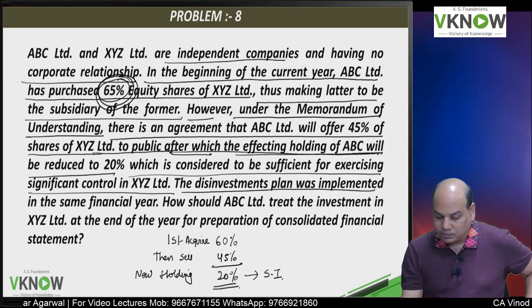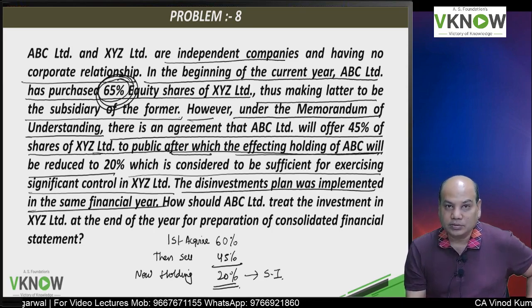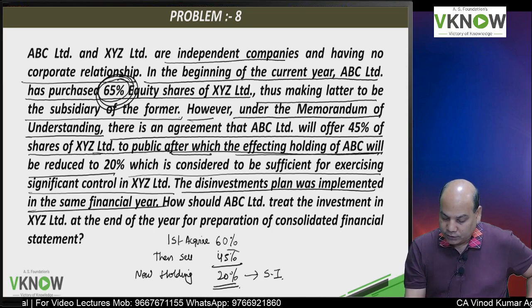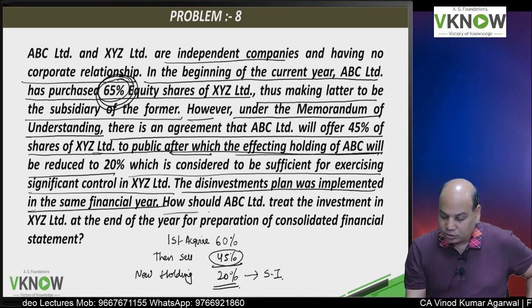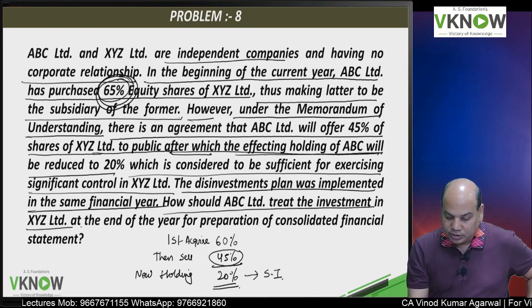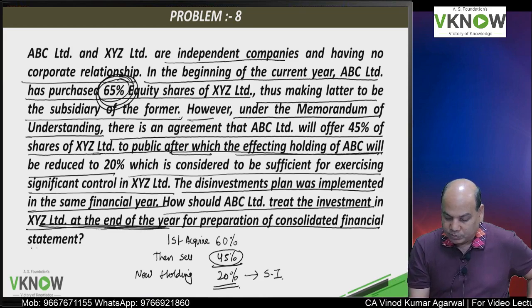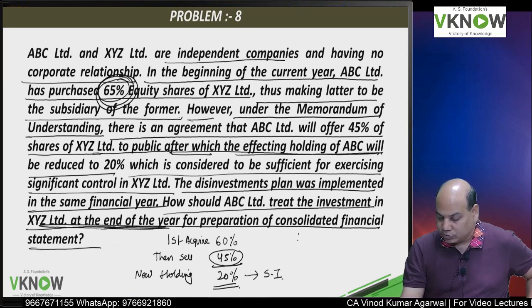The disinvestment plan was implemented in the same year. So the 45% was sold in the same financial year. How should ABC treat the investment in XYZ at the end of the year for the purpose of preparation of CFS? So the answer will be,